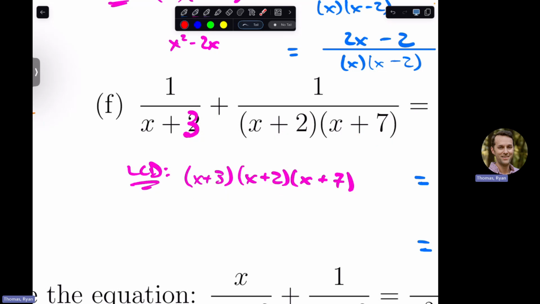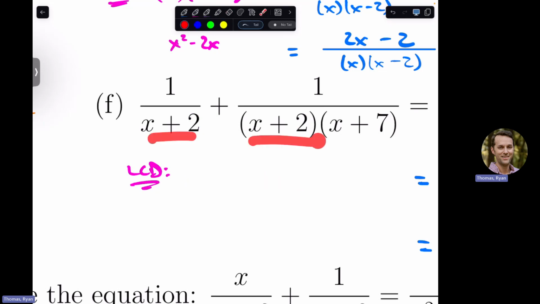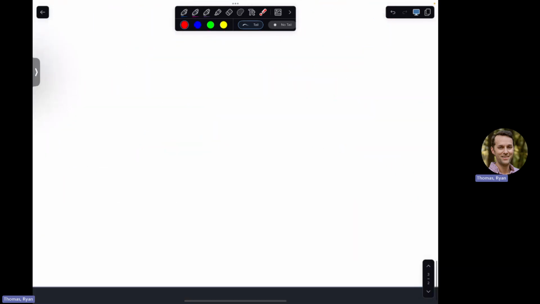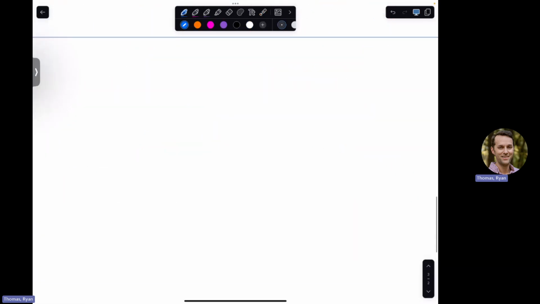Basically, pretty much. But things don't need to show up more than once. Like there's an x plus 2 and an x plus 2 here, but I don't need to have x plus 2 squared. I just need to have it included, right? Okay, cool. All right, so before we jump into that example too, I thought of another thing I wanted to add in here